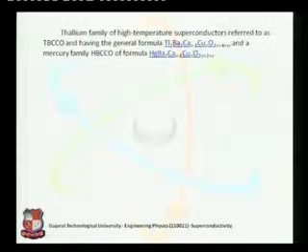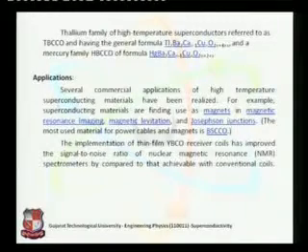A few more examples are given here. TBCCO, as we had the previous family, in the same way here we have TBCCO, which is also one more family. And HBCCO is also one more example of a high temperature superconductor. Now if you talk about the application of all these materials, we already started with that.